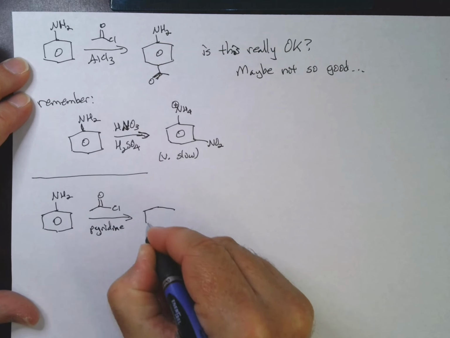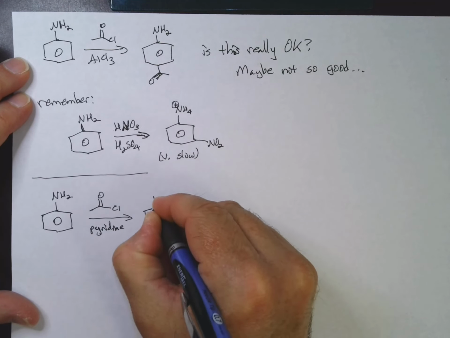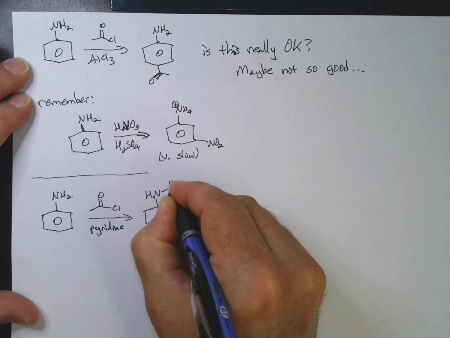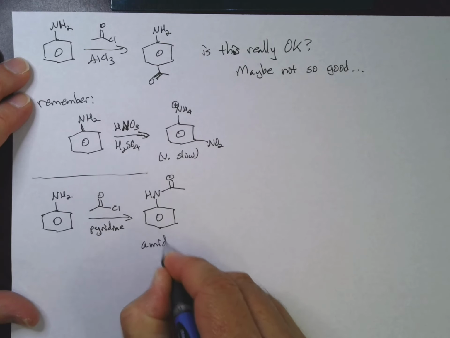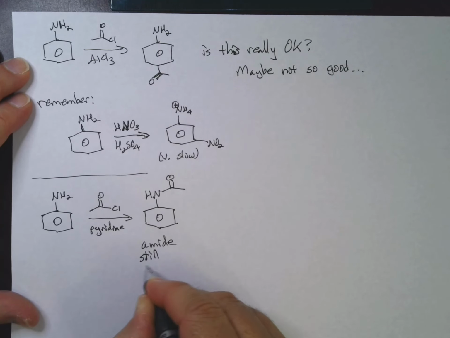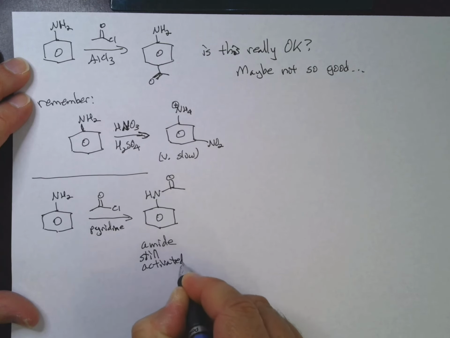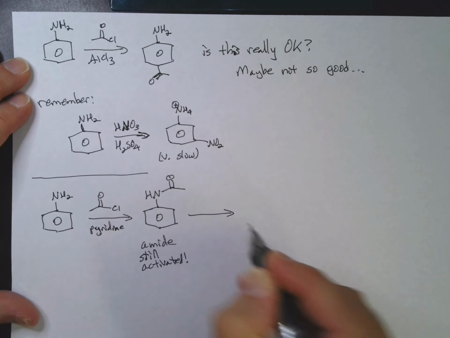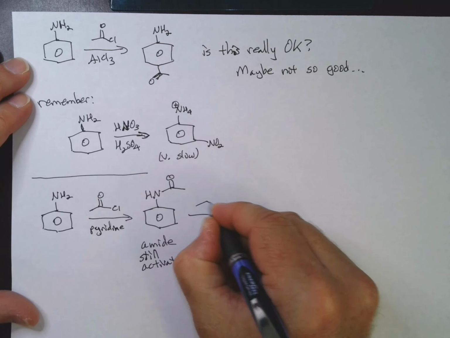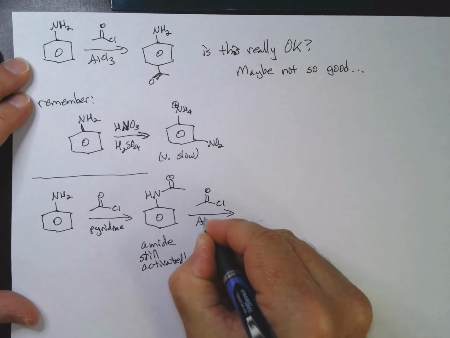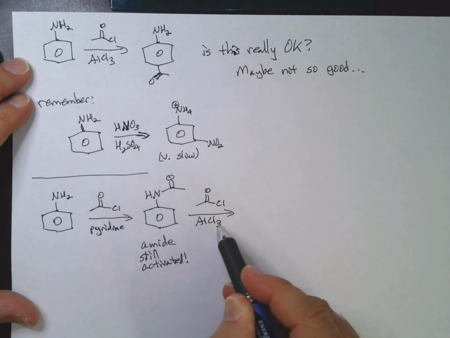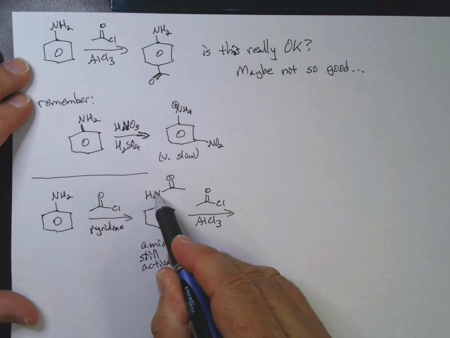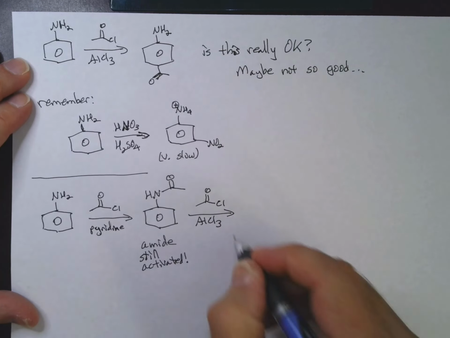But anyway, the whole point here is that you'll get NH, and we've now made an amide. Now this is still activated. So now I can go ahead and do my Friedel-Crafts. I don't have to worry about this nitrogen forming a complex with this Lewis acid because this nitrogen is not nucleophilic. It's not a Lewis base. So now this will give us